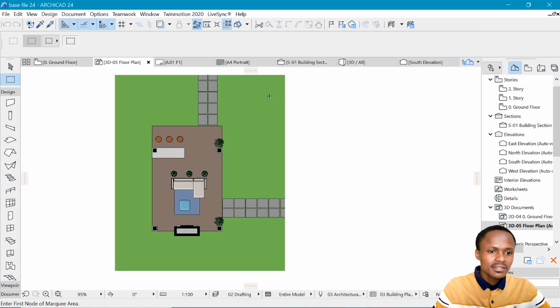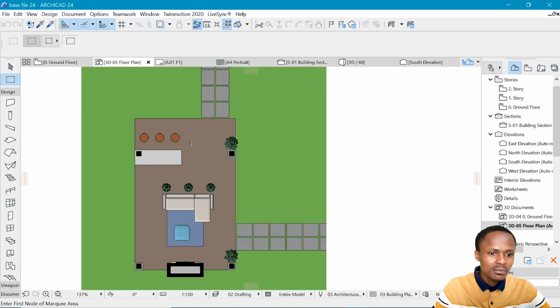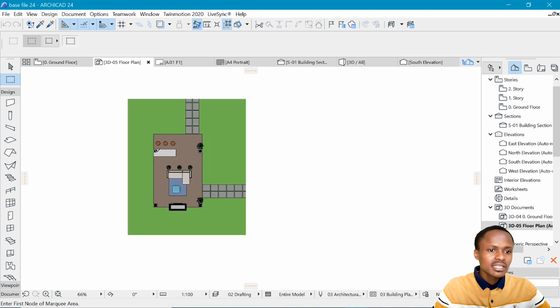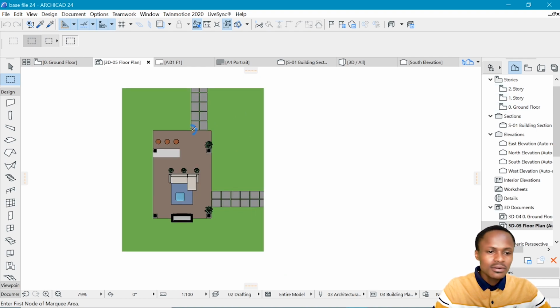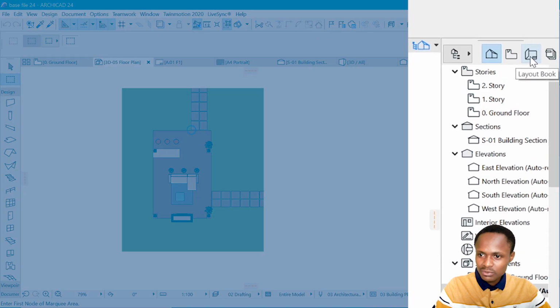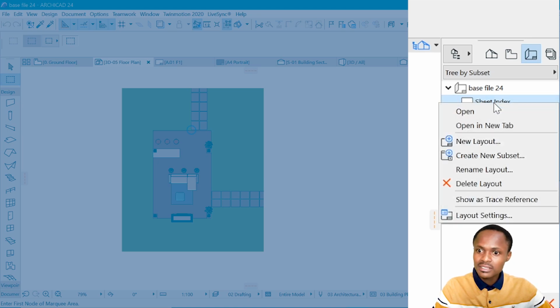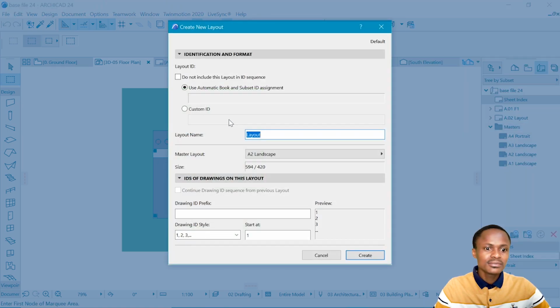So this is the first flat drawing that I need, and this is going to help us when we want to put in textures in Photoshop, where we will have a flat color here, flat color there, that will be easy to select. So let's export this, and in order to export it, you need to come to the layout book. For those who haven't used this before, all I need you to do is just create a new layout,